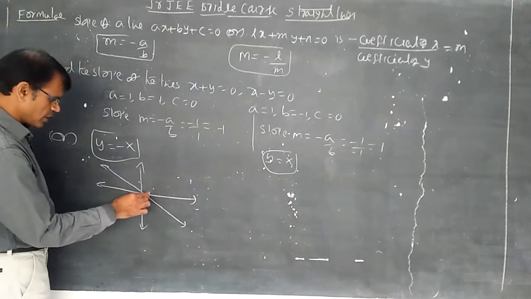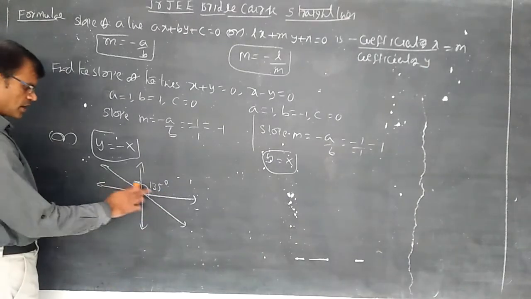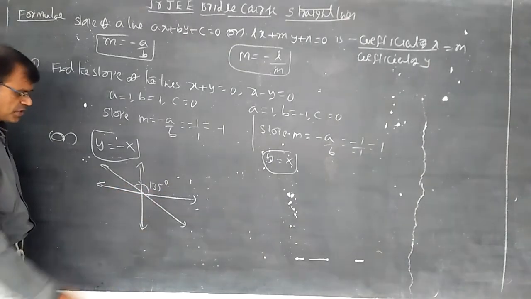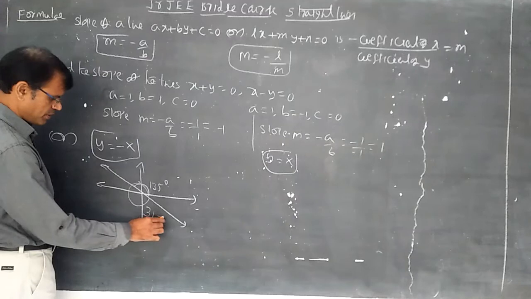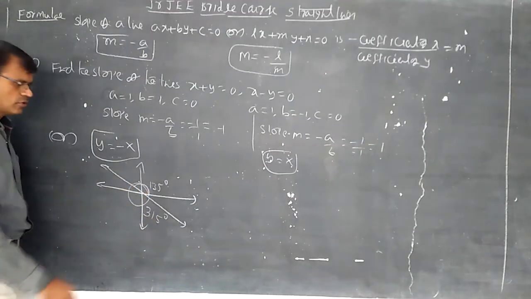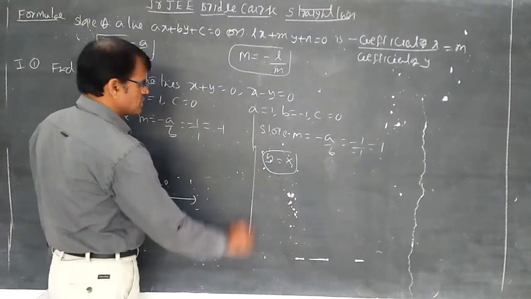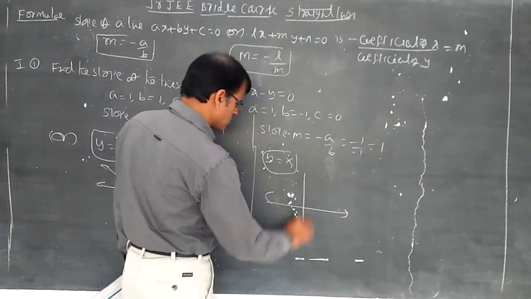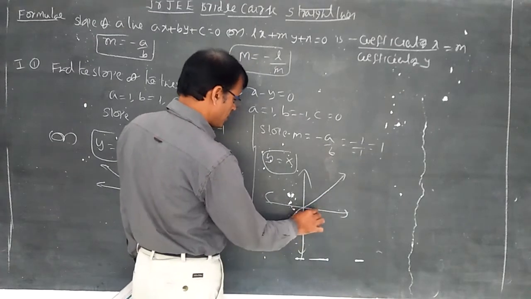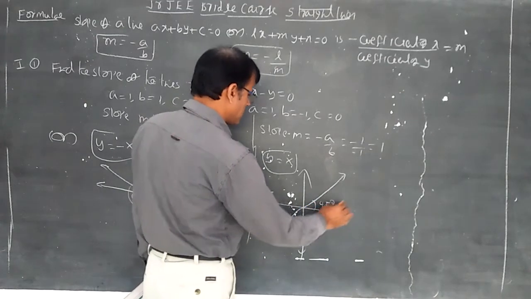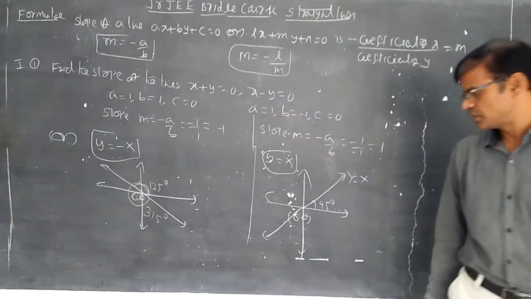So the angle here is making 135 degrees, or according to the 135 plus 180 concept, 315 degrees, like this. Tan 135 value is minus 1. So directly you can say minus 1. This line is passing through 0 comma 0. For this one, y is equal to x. It is positive. It is having 45 degrees with the positive direction of x-axis, passing through 0 comma 0. The line y is equal to x.